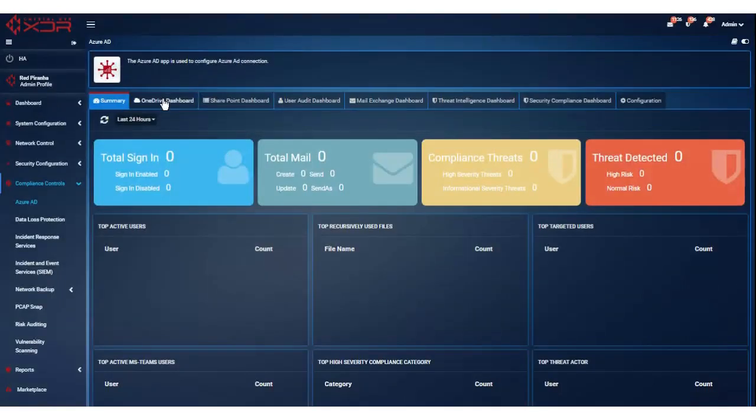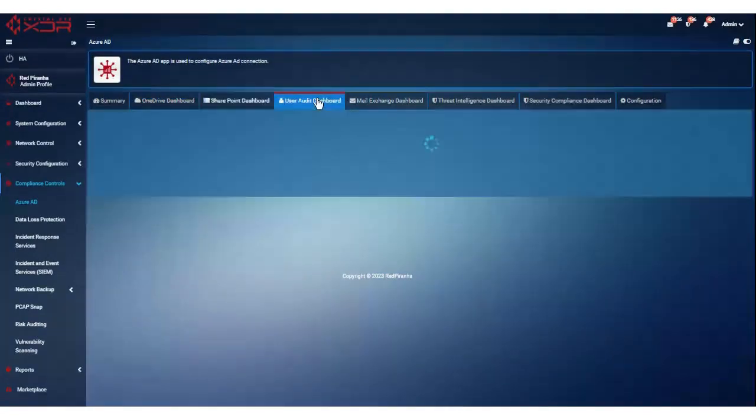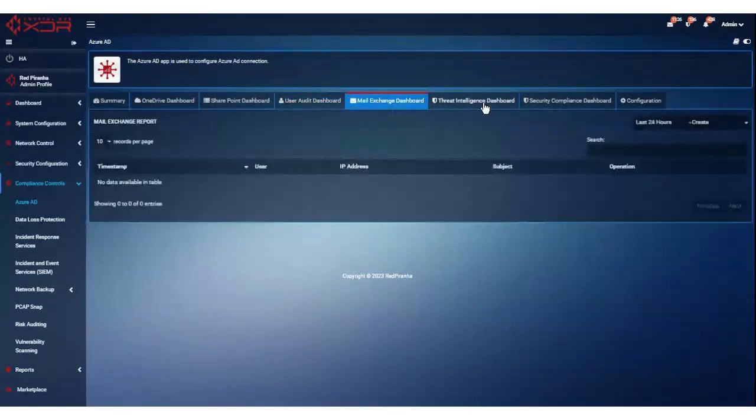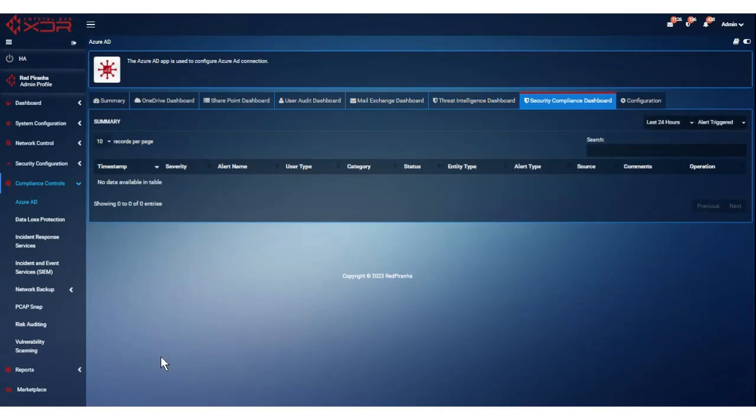We can look at our OneDrive dashboard with all these different signals to look out for. And of course, same signals across SharePoint, user audit, mail, and we've also got our general threat intelligence and security compliance dashboard. So for those organizations using Microsoft 365 Professional 1 and up, you've got access to some pretty powerful tools there. We have DLP, incident response, network PCAP,